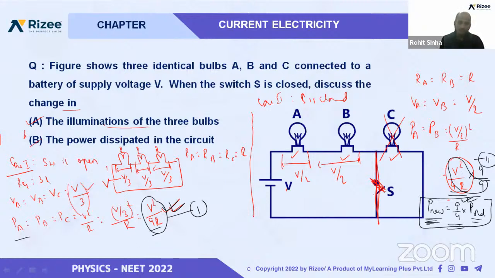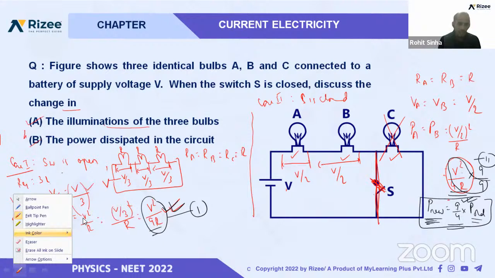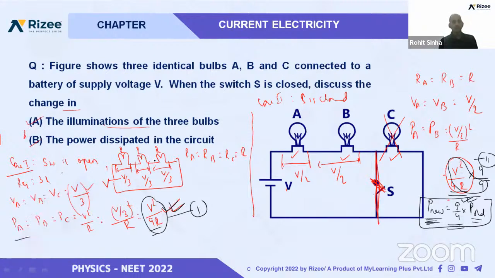Let us see it once more. Now, there are two cases. Read this question once. The question is telling that we have three resistors A, B, and C, like this. It is telling that if this switch is open,